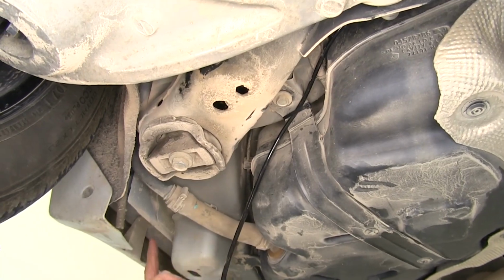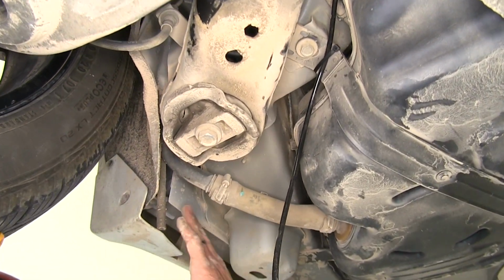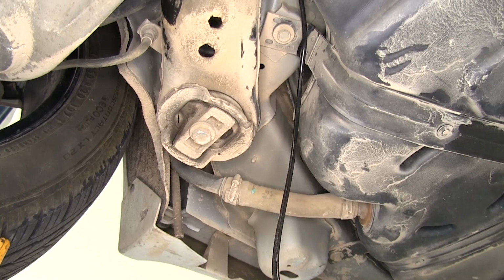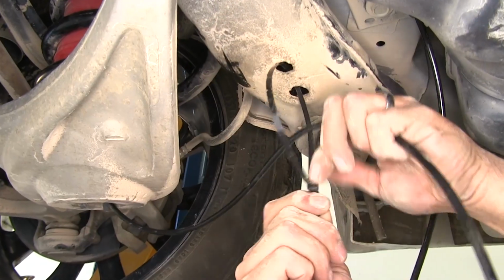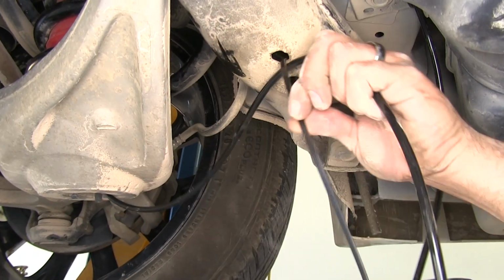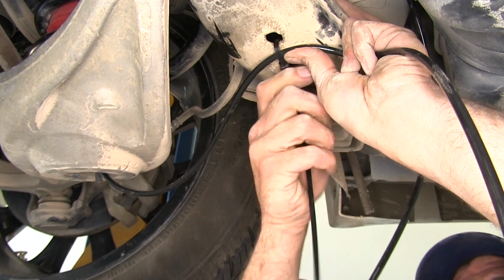Now for our purposes, we're going to be heading right up this fuel filler neck up to where the fuel filler cap is. That's going to give us a pretty safe spot to get this mounted. Now for the driver's side, I'm going to use these two holes as my anchor point. And just like before, make sure you've got the slack you need so it's not rubbing on that sharp metal